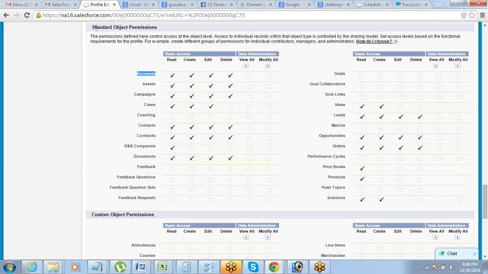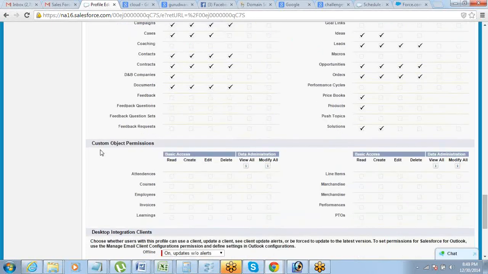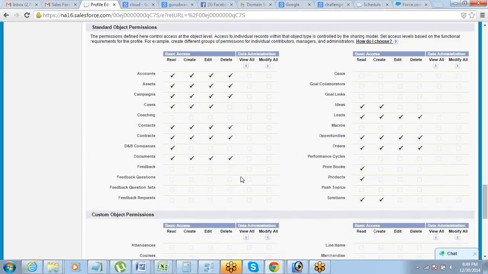So that is the logic here. But because it's a standard profile, all this is also grayed out. See, you cannot go and change it. The same thing happens for the custom object permissions also. You cannot go and change anything. Whatever has been given has been given. Correct? If you want to use a different profile, or if you want to edit these things, you have to work with a